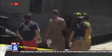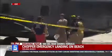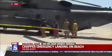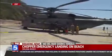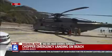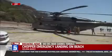And these are live pictures of what's going on right now in Solana Beach. You can see obviously one of the pilots there talking to the authorities and trying to explain what happened inside that helicopter earlier today that caused them to have to put it down. This is a heavy lift helicopter. This is certainly a big beast. We're going to continue to monitor developments there in Solana Beach and obviously bring them to you throughout the rest of the newscast. Worth noting, by the way, these guys are the best that we have, and they picked the spot